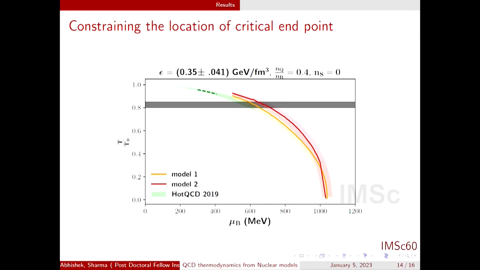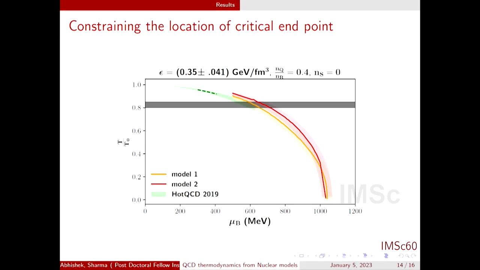It is known from lattice QCD that at small baryon densities, the crossover line and the chemical freeze-out line coincide. In our study, we have assumed that this happens at a constant energy density, which is given in the title. We have assumed that this holds at finite mu b as well, that the crossover line, the chemical freeze-out line, is also a constant energy density line at high densities. So the pink band should represent a chemical freeze-out line at high densities.